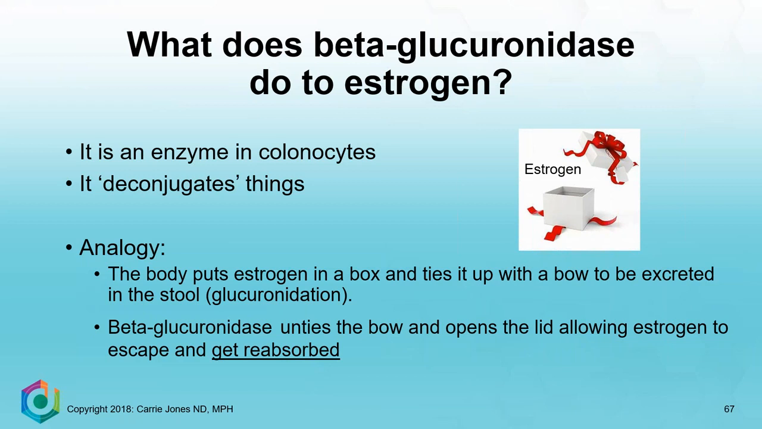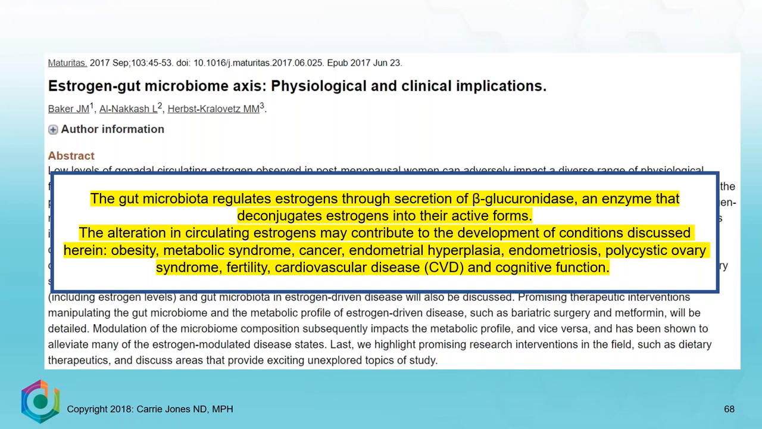It unties that bow. And there's a lot of research about the microbiome and the implications on our health at large. And here in particular, beta-glucuronidase deconjugates estrogen, and what happens is when you have excess estrogen, as we all know, it affects obesity, metabolic syndrome, cancer, endometrial hyperplasia, endometriosis, PCOS, fertility, cardiovascular disease, and cognitive function. So this study is really showing that just by having this excess of beta-glucuronidase can really affect estrogen,